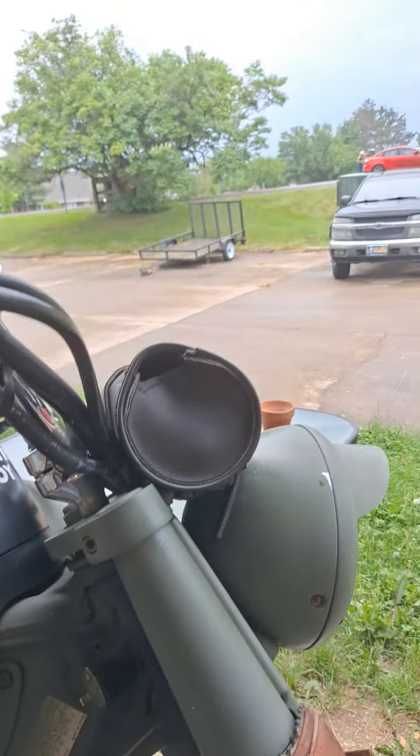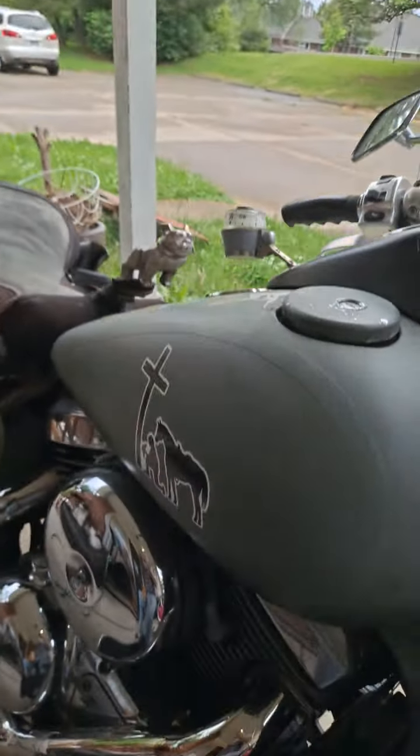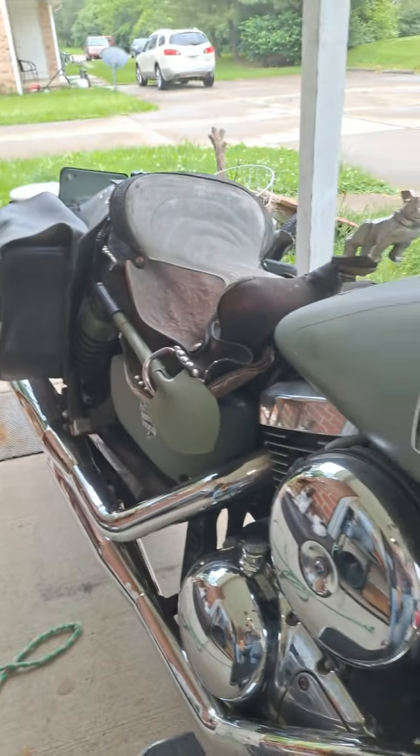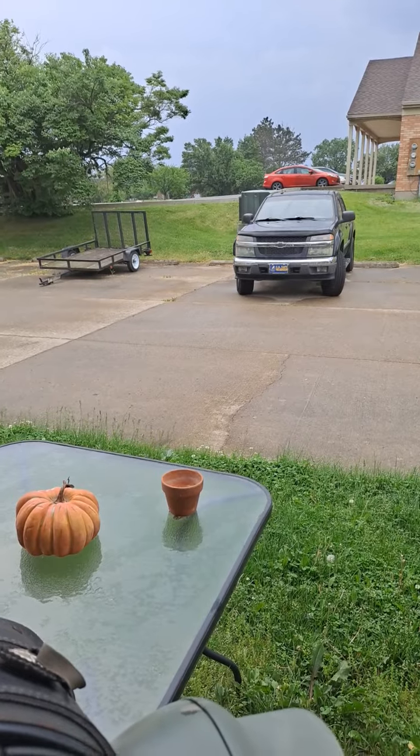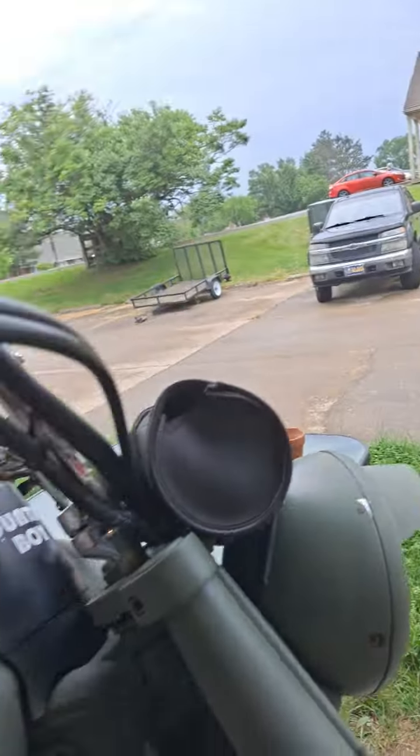I'll sit down on this cush. It's nice to have these little round things. I can work on different parts of the bike like this and do stuff like this. I usually don't have it on the porch. I usually have it parked over there by the motorcycle, by the truck, and then I have it covered for the rain. But